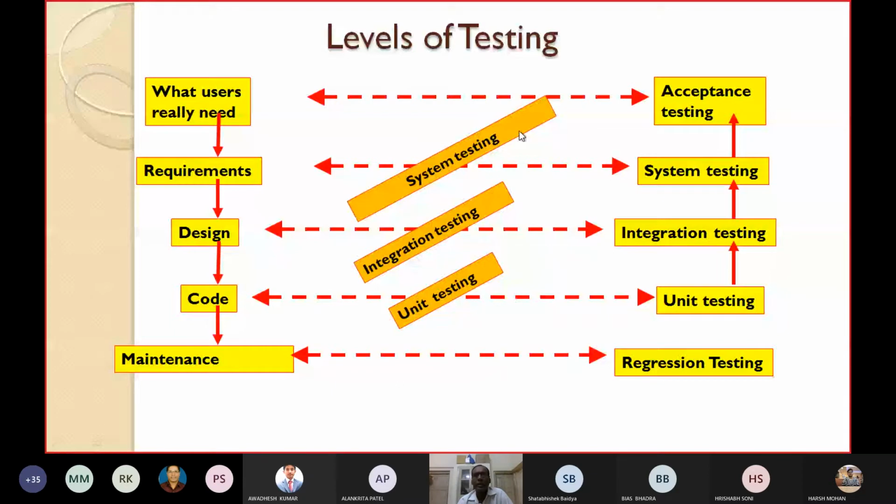So we can name that system testing. Then once a system is ready, it may be in use for several years. You have to maintain it properly. Whenever you make any change to the existing system, you may change one module or some parts of the system, but you have to ensure the other parts are not affected. During maintenance you have to perform regression testing. So maintenance is always associated with regression testing. This is how the different levels of the classical software development life cycle are associated with different levels of testing.